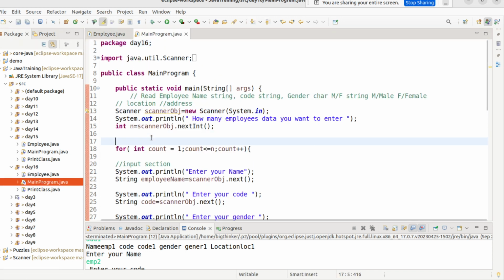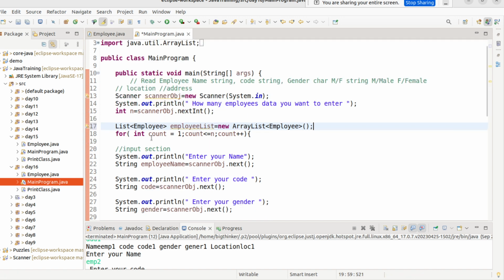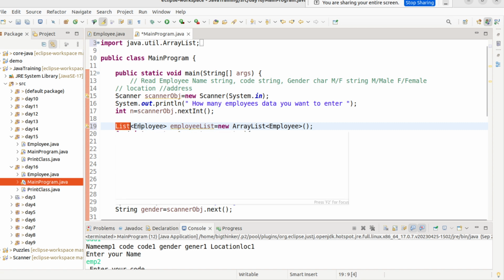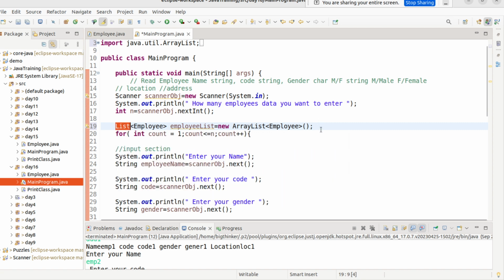So what I will do here: List of employee, employee list equal to new ArrayList of employee. So what we are doing, we are initializing a list, and you can imagine, have you played or have you